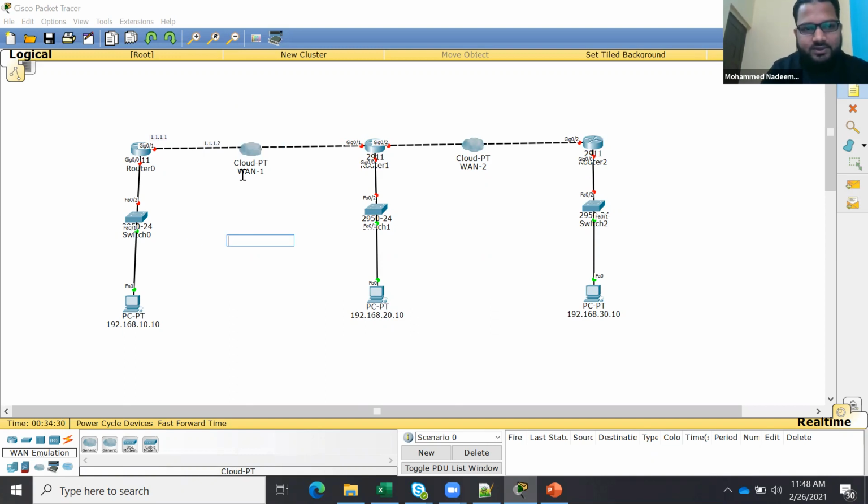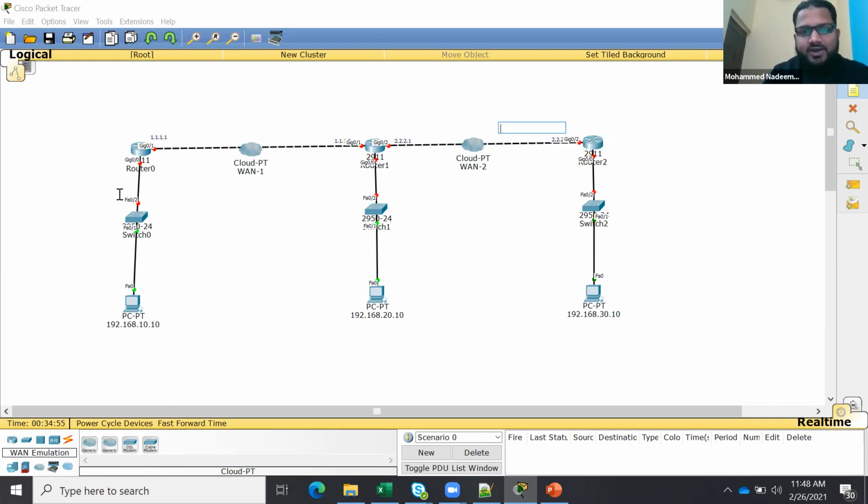So this is 1.1.1.1, and this side interface should be 1.1.1.2. Done. Here this side, let's use 2.2.2.1, and this side 2.2.2.2. That's it.